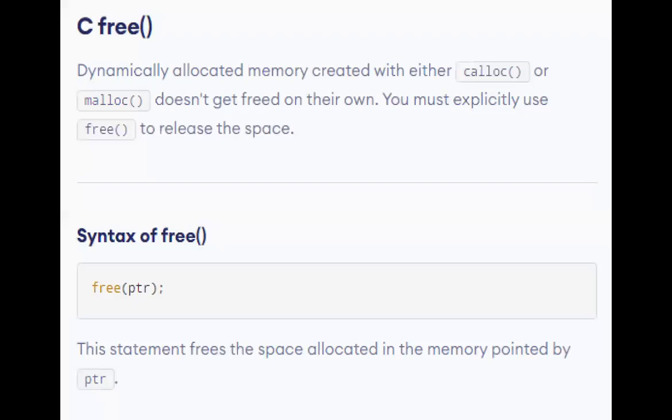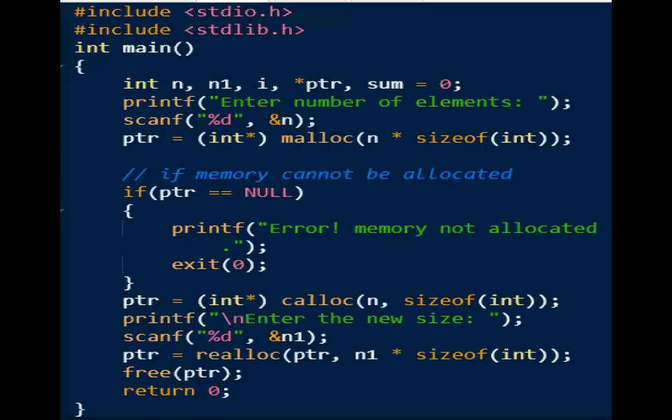So all these things are combined in one program here. What I have done is, I have taken as input in n how many elements you want in our program. Using malloc, I have assigned one memory.